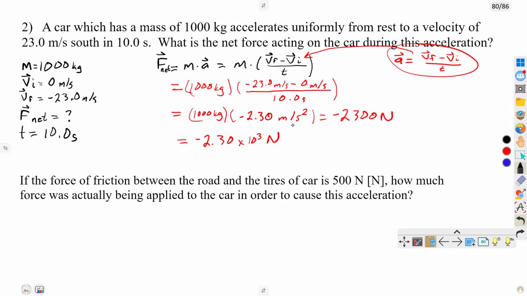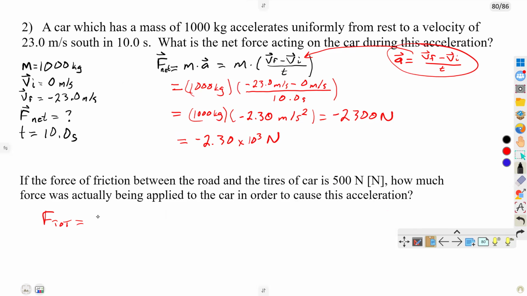Okay. Now, if the force of friction between the road and the tires of the car is 500 newtons north, how much force was actually being applied to the car in order to cause this acceleration? One thing we need to remember about the force of friction is it will always be in the opposite direction of whatever the velocity or force of the object is. And so in this case, our total force